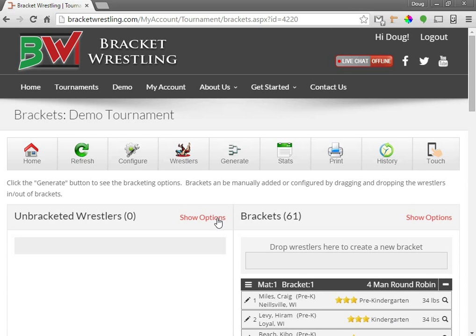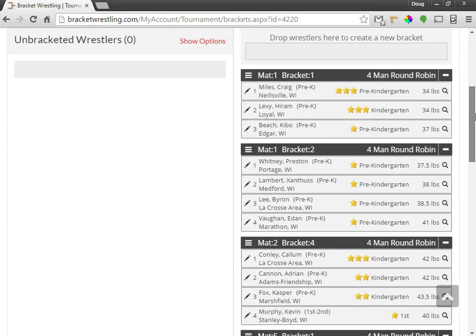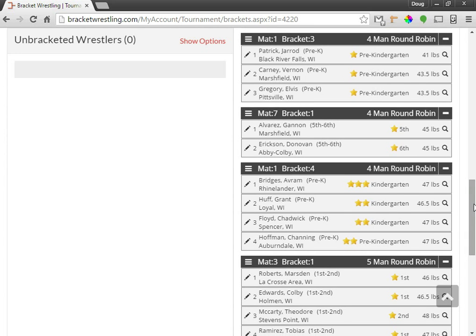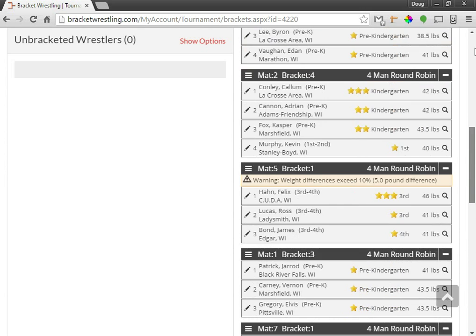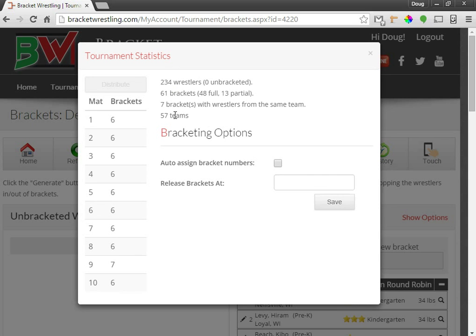Okay, so now I have everybody bracketed. Next step would be to go through and scan through the brackets, make sure the skill levels and weights seem appropriate for all the brackets. After that, you can go to print. You could also go to stats and see how things lined up. If your bracket numbers, say mat 1 typically has a lot more bracket numbers on it than the other mats, before you generate brackets or print,